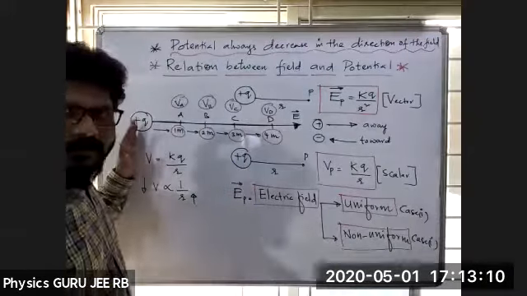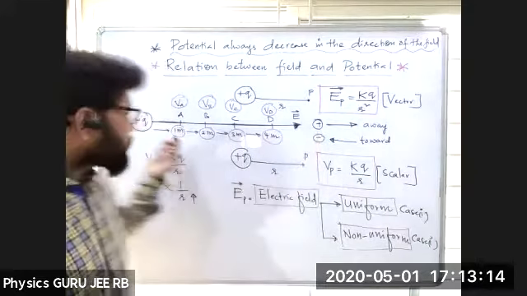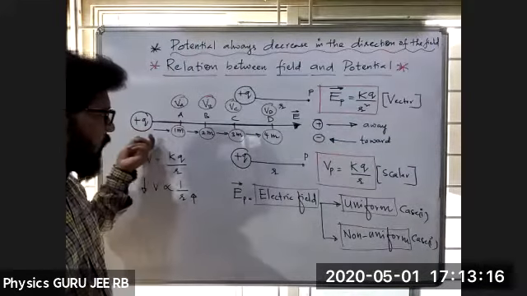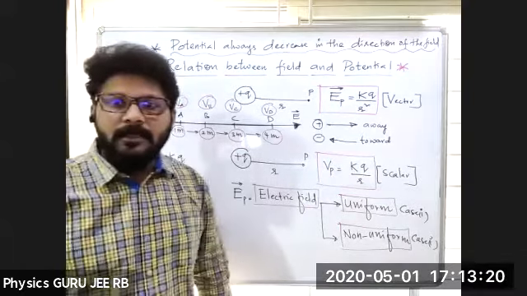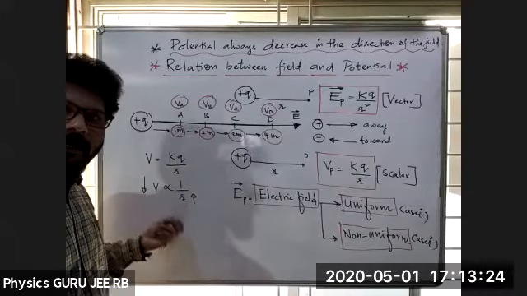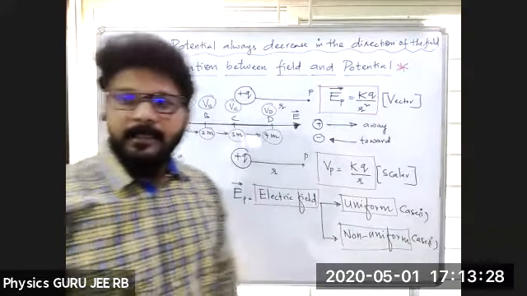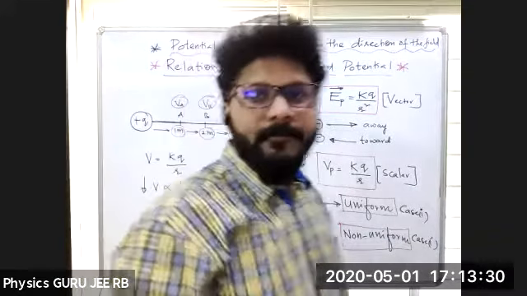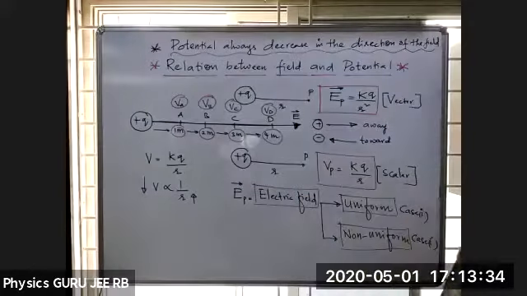देखिए, this is Q, this electric field is away from the charge, as I am moving away from it, potential क्या हो रहा, decrease हो जा रहा. कैसे बोल सकते हैं? V proportional to 1 by R, R is increasing, V is decreasing. Hope it is clear till this point, everybody. Yes. So just take a screenshot, then we'll proceed. If you have any doubt, let me know.